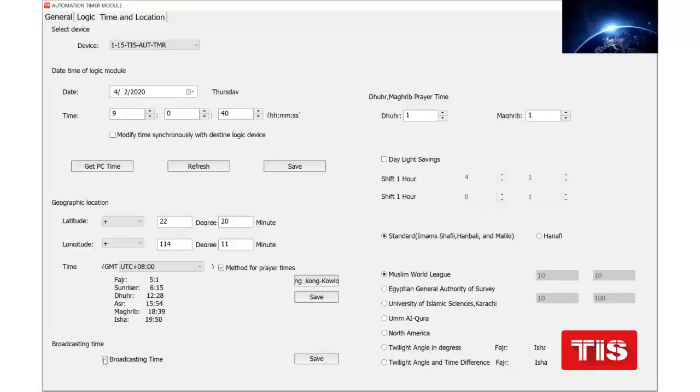If you choose two devices for broadcasting the time, your devices will not work very well, because the two devices broadcast the time and they are not synchronized with each other. These two devices never synchronize with each other. Maybe one of them is 1 second behind the other. Therefore, I recommend only one of them